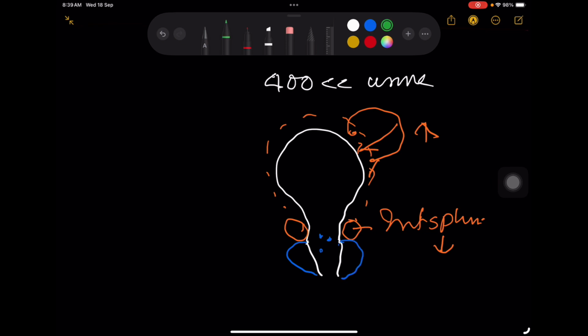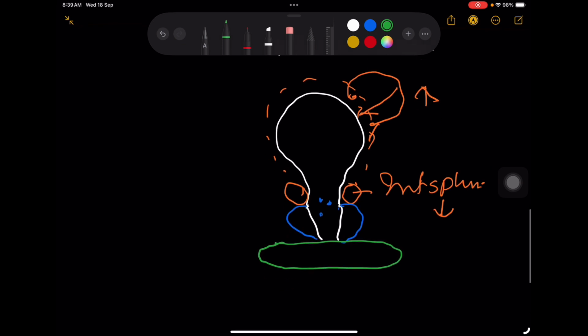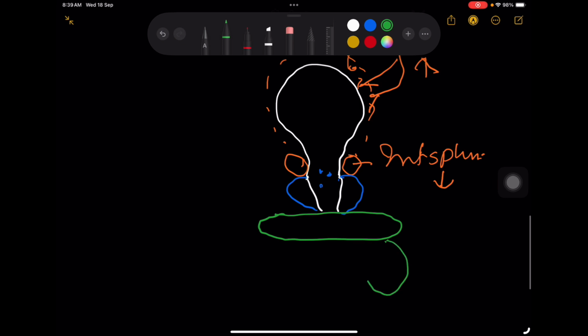Here is the deep perineal pouch, and above, the superficial perineal pouch, and here you have the membranous urethra leading to the perineal urethra, which goes on to the penile urethra. So some urine trickles into the prostatic urethra